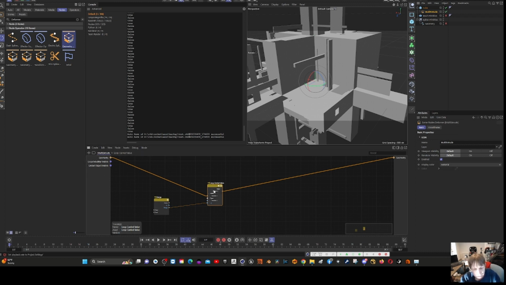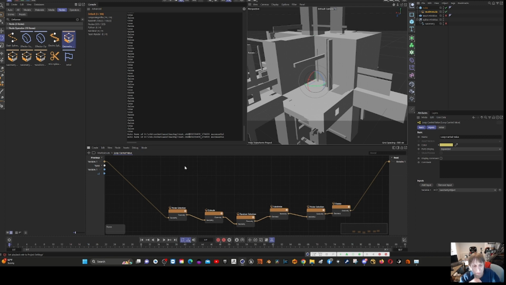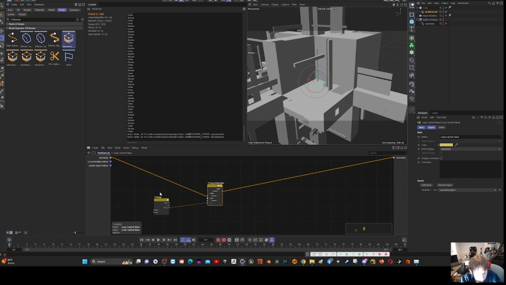But at any rate, in this he does a loop carry value, which has the values that it's spitting out, and you have also in our loop carry value,